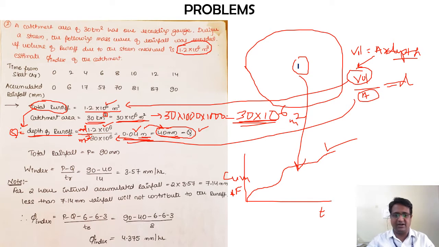Now the next step is the total rainfall, that is P, that we need to consider. It is 90 mm. How did I get this as 90 mm? It is from the table that is given. Here you can check that it is not the individual value they have given, it is the cumulative value. So in the 14th hour, the total rainfall that has occurred is 90 mm. That's why I have written P as 90 millimeters. I hope it is clear.